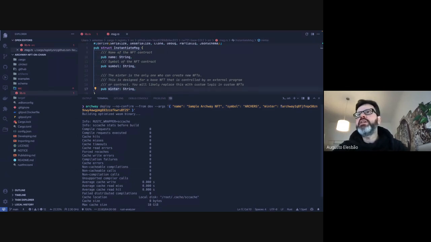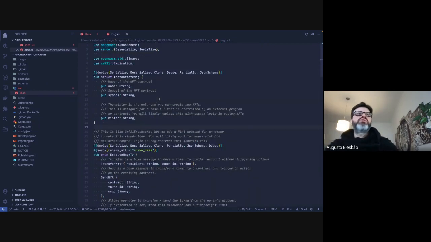And the minter here is the only address that will be allowed later to mint. I'm going to show you. Let me just minimize this. I'm going to show you